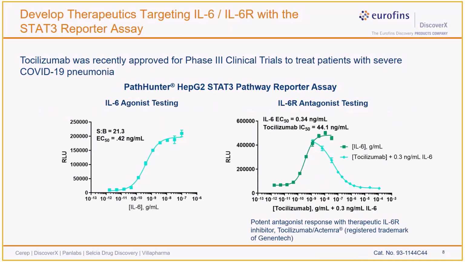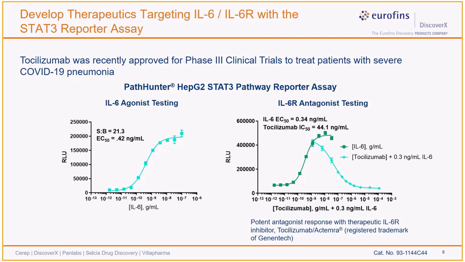In this slide are results from another of our reporter gene assays that uses an endogenous receptor expressed by the cell background used to generate the assay. And this is the HepG2 STAT3 reporter assay. In this assay, IL-6 is used to activate the STAT3 pathway in HepG2 cells, and this data is shown in the graph on the left. Potency of IL-6 is in the sub-nanogram per mL range,